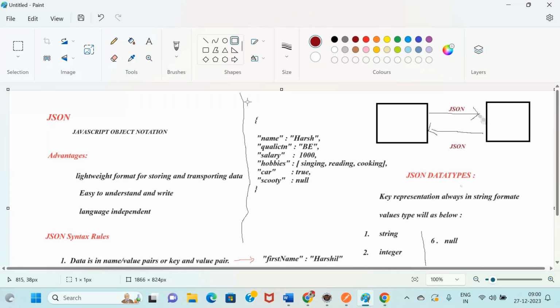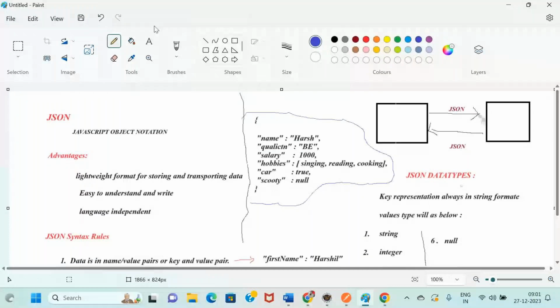Those are strings, right? We may include singing, reading, and cooking also in double quotes. Yes, I missed it while writing.